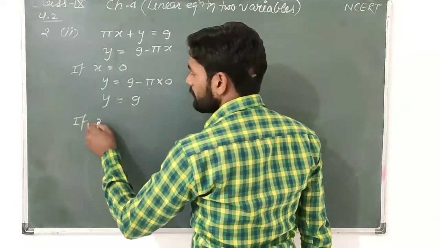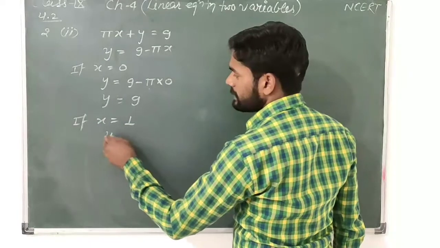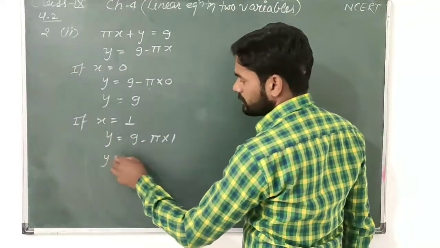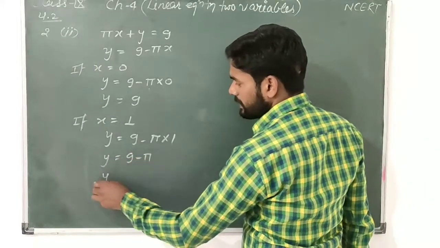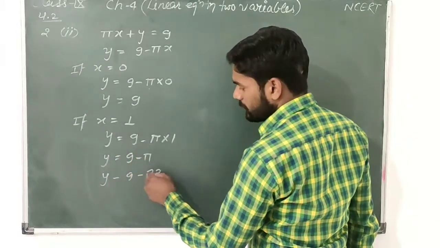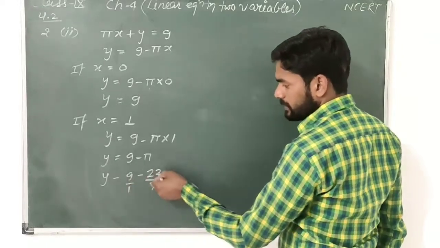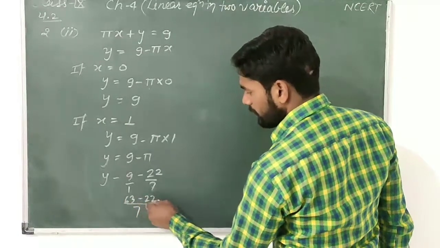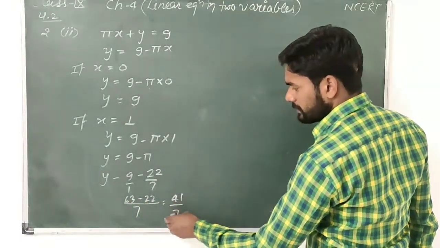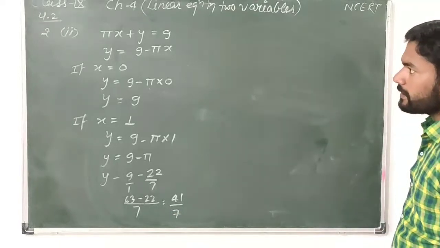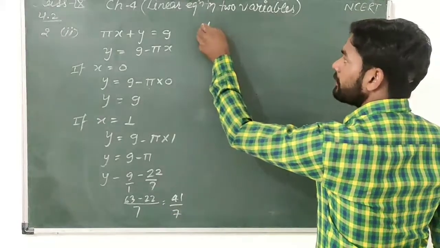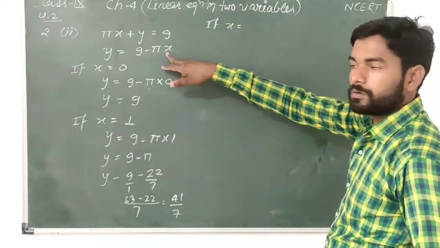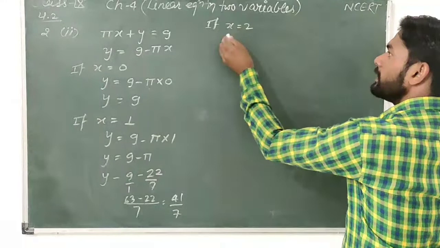If x is equal to 1, then y is equal to 9 minus pi into 1. Y is equal to 9 minus pi. Y is equal to 9 minus 22 upon 7, because pi is 22 upon 7. LCM is 7. 63 minus 22, 41 upon 7. Here, third, if x is equal to 2, take 2, then y is equal to